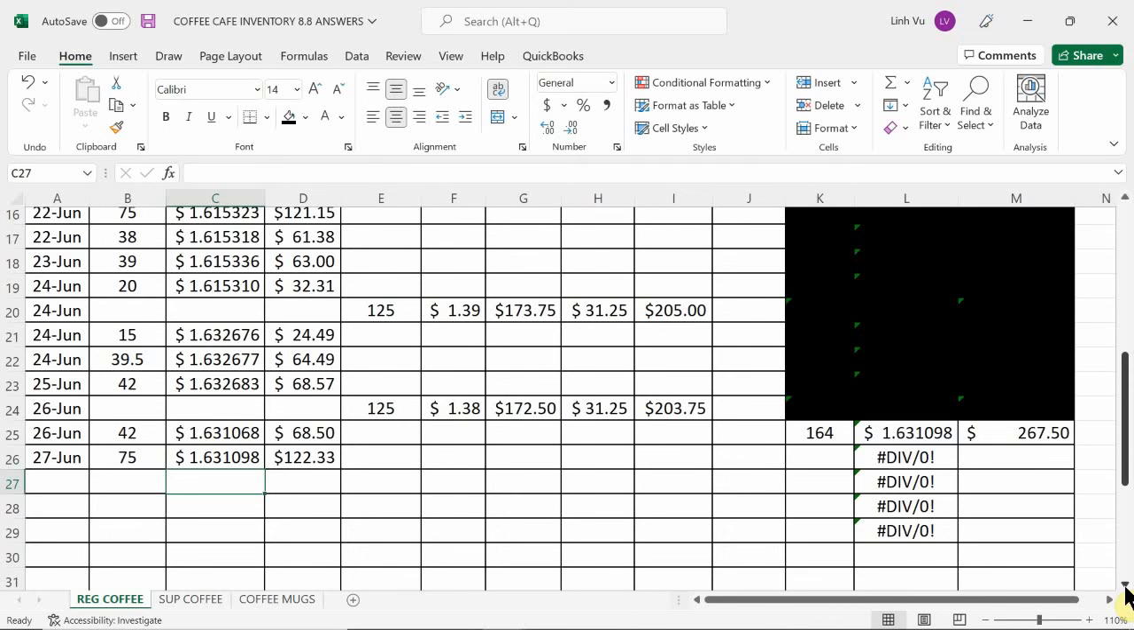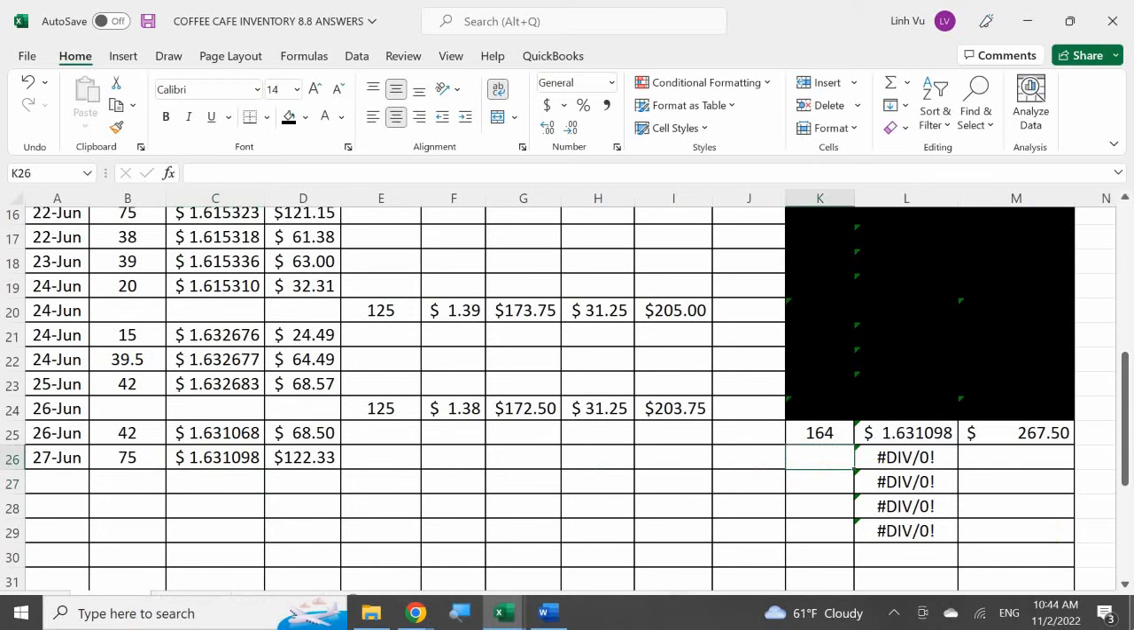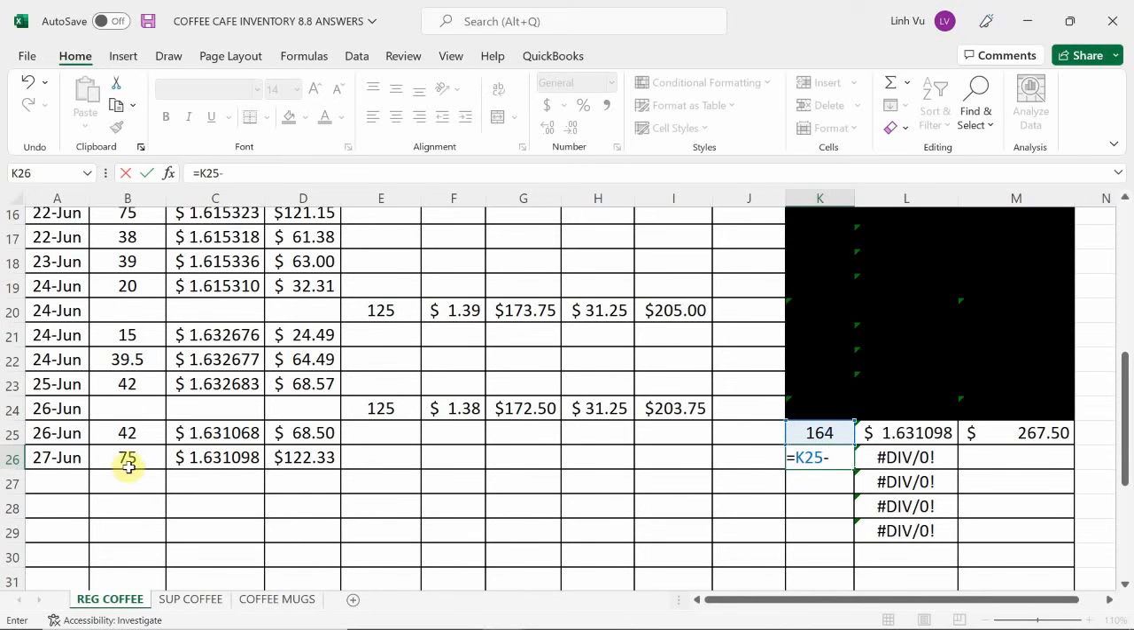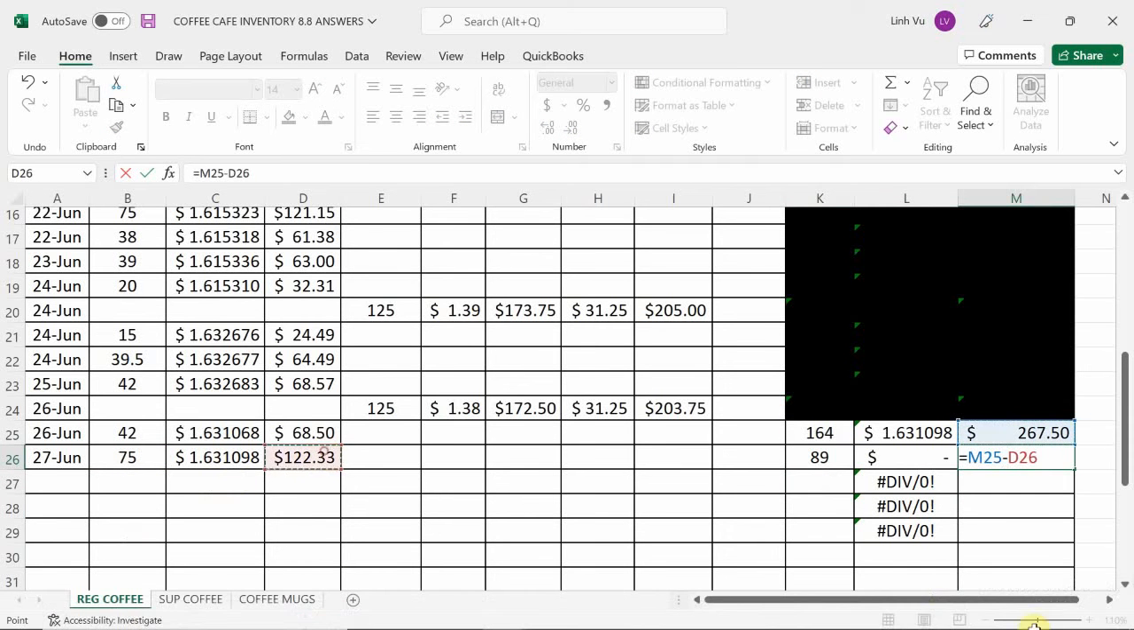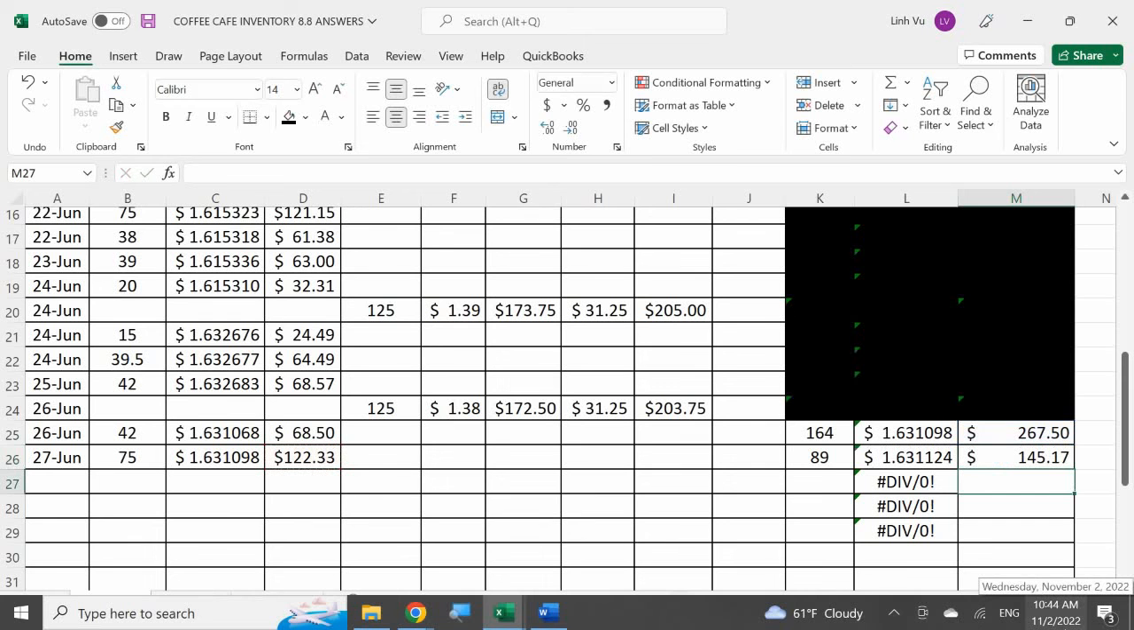122.34, 33. Okay. 122.33. All right, so let's subtract that out from my inventory here. So I should have 89 pounds left at a grand total of $145.17. Okay. So that makes your average cost